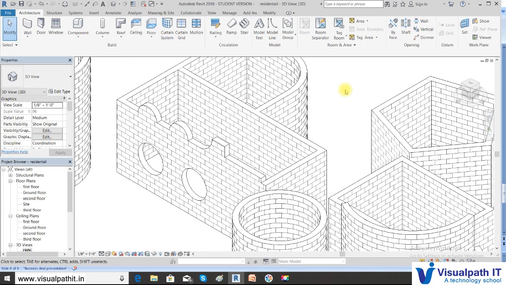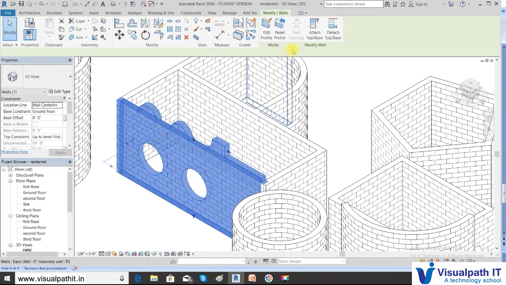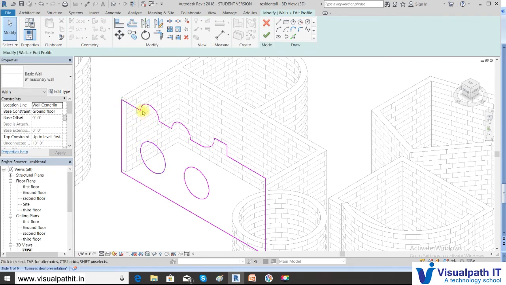As per shape, the only constraint that you need to remember is when you edit the profile, it should be in the same plane. If the plane changes or some gap is there in between, it will show warnings and it will not get closed. So again, you need to edit it properly, only then your walls will be formed.